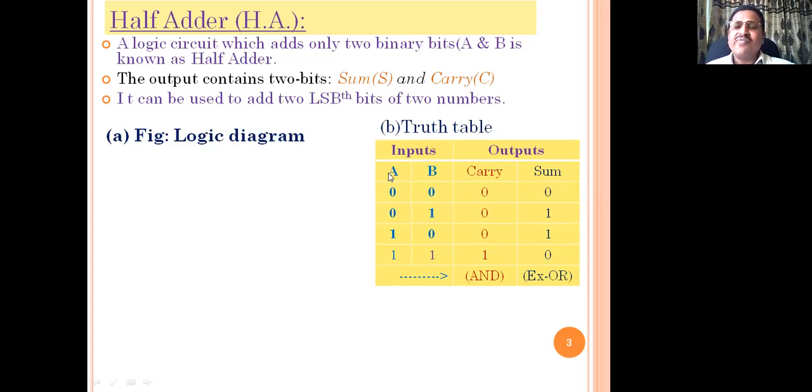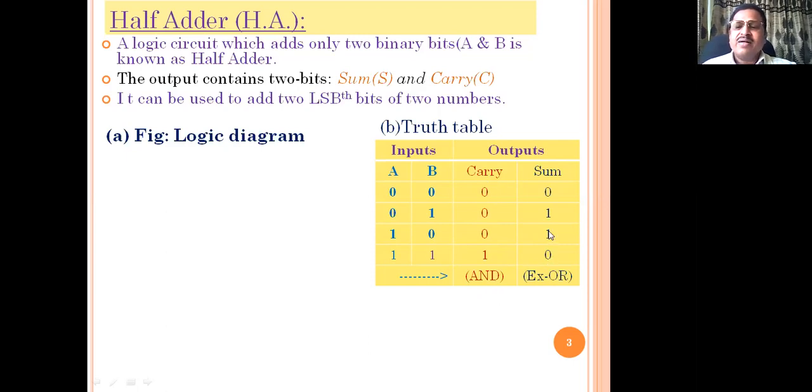Let's see here now. If A and B are the inputs, with this output 0 0 0 1 for the 4 input combinations, that can be obtained by a logic gate, the 2 input AND gate. That means for 0 0 output 0, for 0 1 output 0, for 1 0 still output 0. But for 1 1 the output becomes 1. This is possible by using a 2 input AND gate.